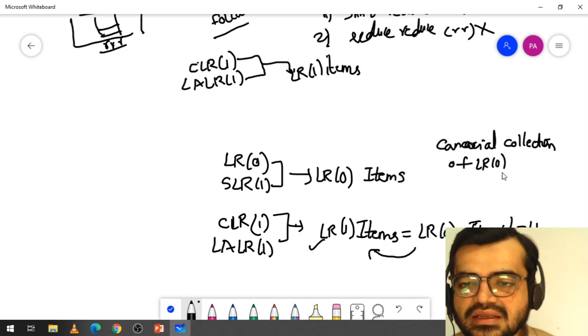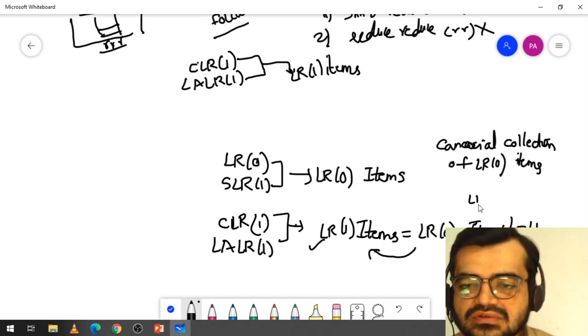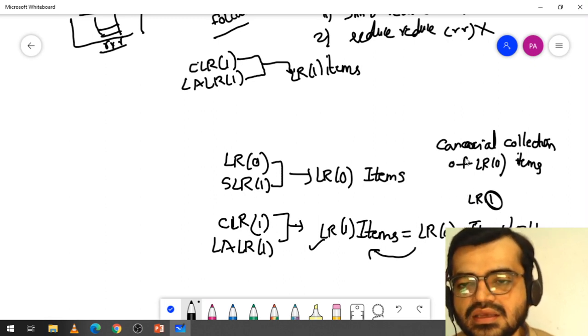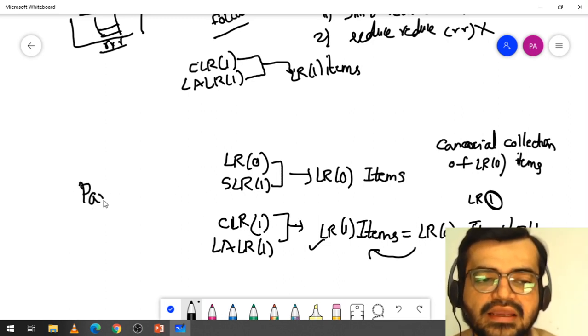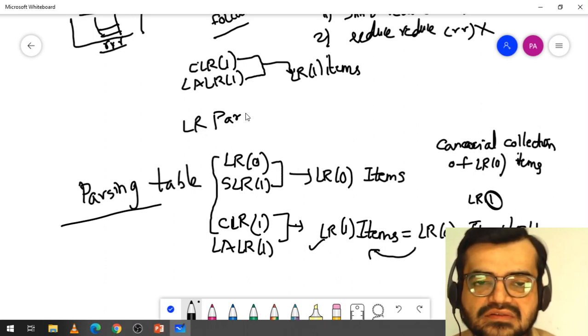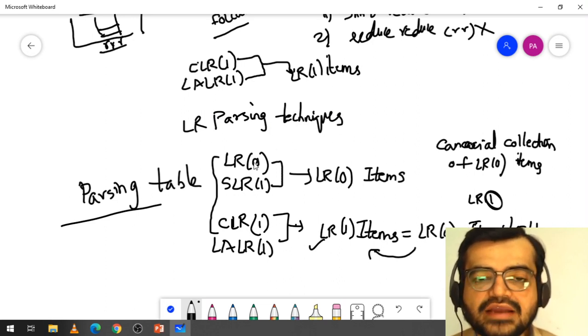The same canonical collection has to be taken here for LR(1) items. For the rest, the steps will be the same. The step where it differs is in generating the parsing table, because all of these are part of LR parsing techniques.